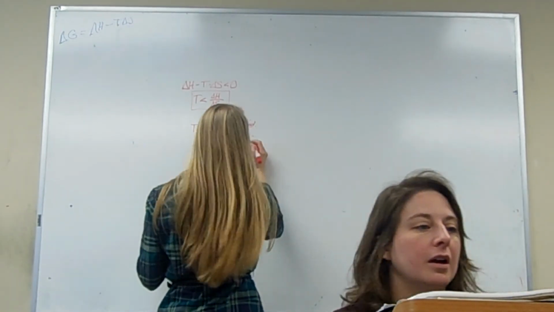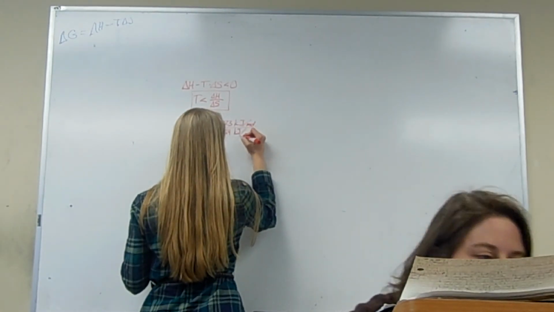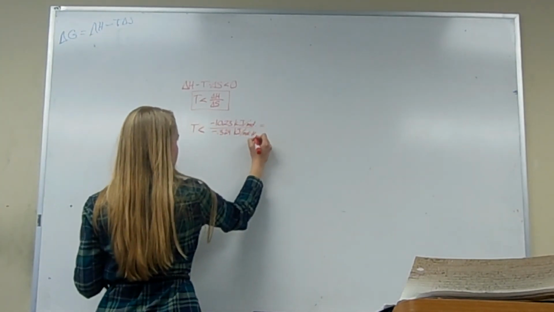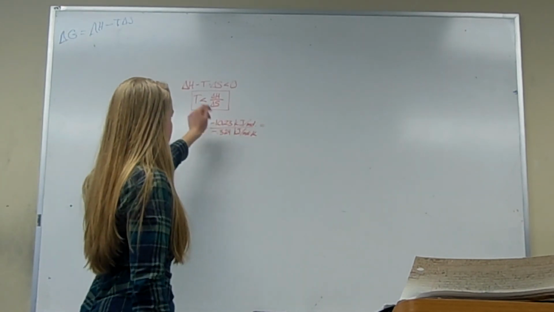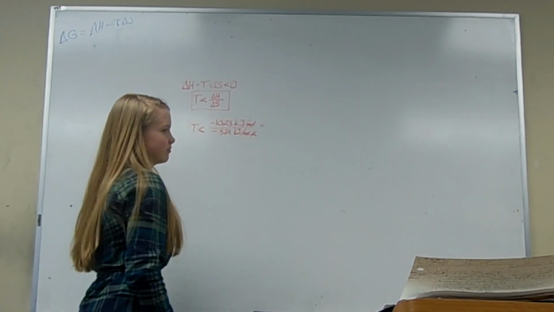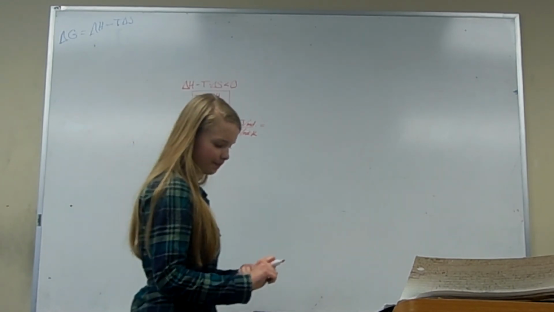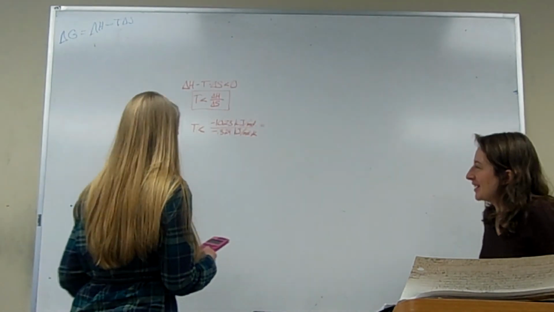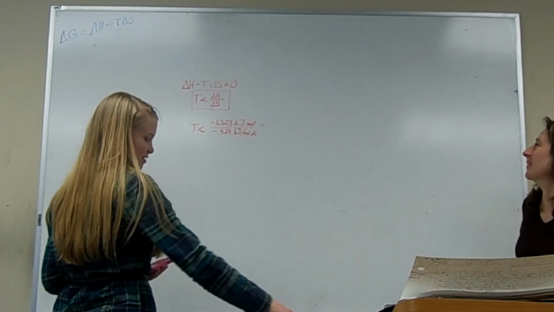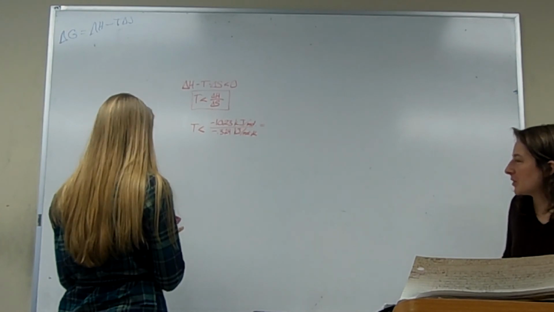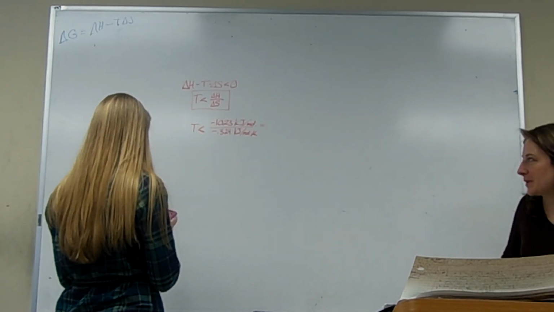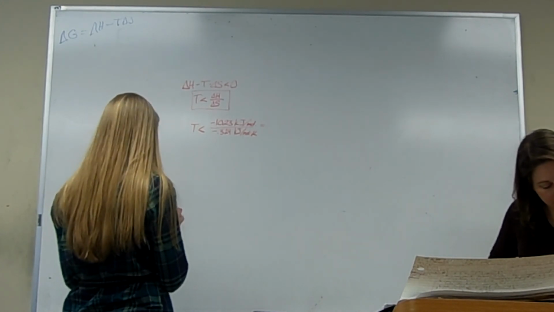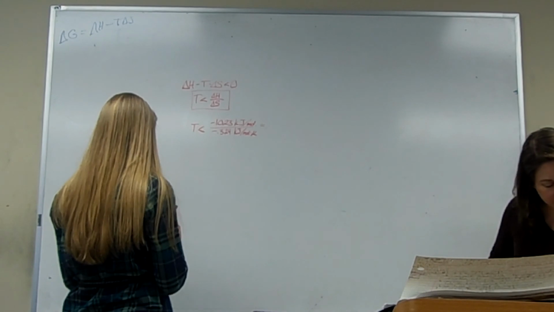So, delta H is negative for exothermic. Delta S should also be negative. I think you just move it over instead of dividing. This right equation. So teach me. All right, so Lily thinks completely differently about math than I do because she rearranged that correctly, but just differently than I decided to. So she is trying to figure out what to do about temperature to get a negative Gibbs. What do I do about temperature to make sure